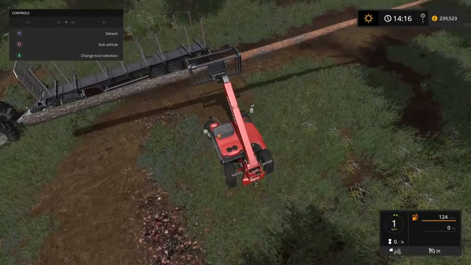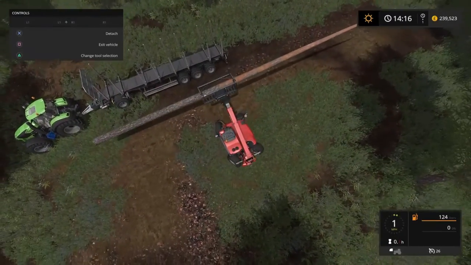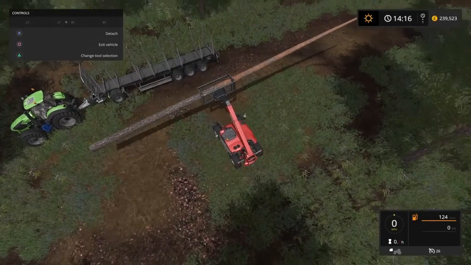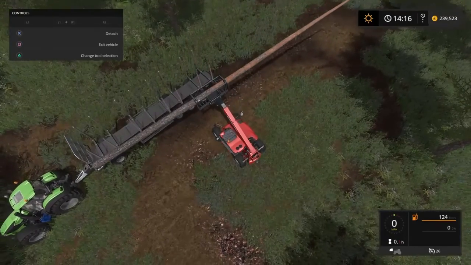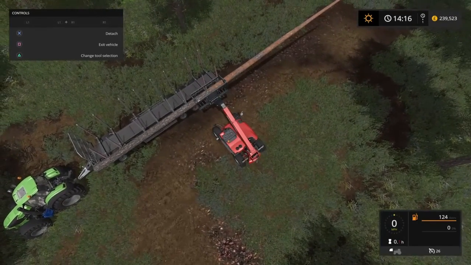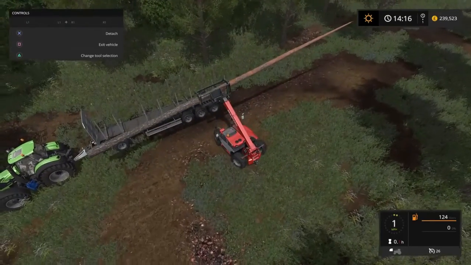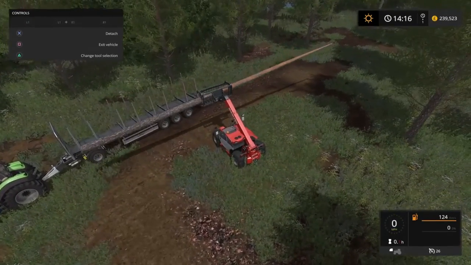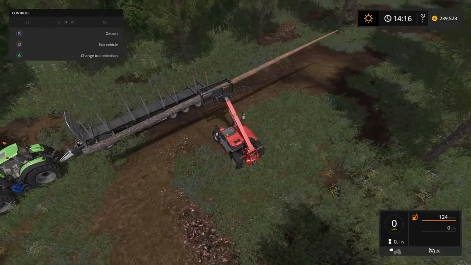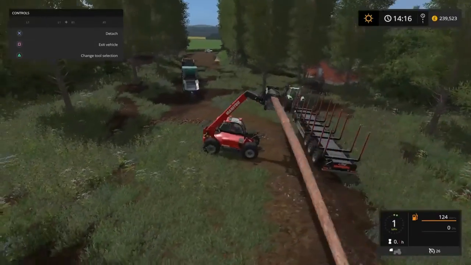So here's the other thing you can do, if you offer it up to the trailer first, like so. The other downside to doing it this way is that it becomes very unstable afterwards. So what you can do, lift it up. If you extend it too far,